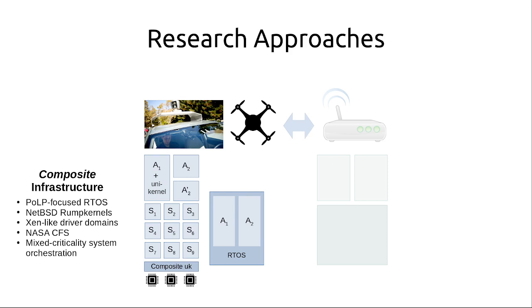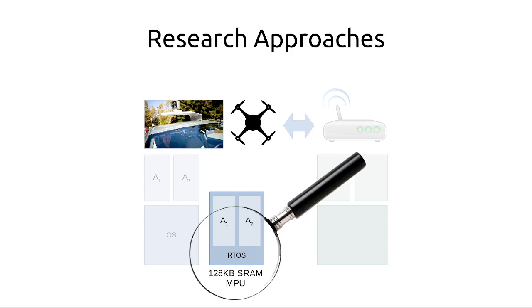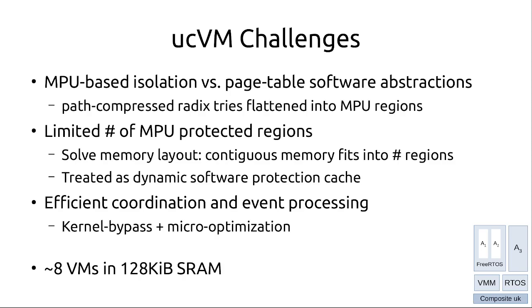I'm not going to go into that in much detail, but I do want to dive into this interesting facet, which is microcontrollers. And microcontrollers are not a place that you typically think a microkernel or a component-based system would be, because these have 16 to 128 kilobytes of SRAM. And they don't have MMUs, they don't have virtual memory. Instead, they have memory protection units that just allow you to open windows to physical memory that are accessible or not. So we've actually implemented a paravirtualization infrastructure, a microcontroller virtual machine infrastructure on the system,